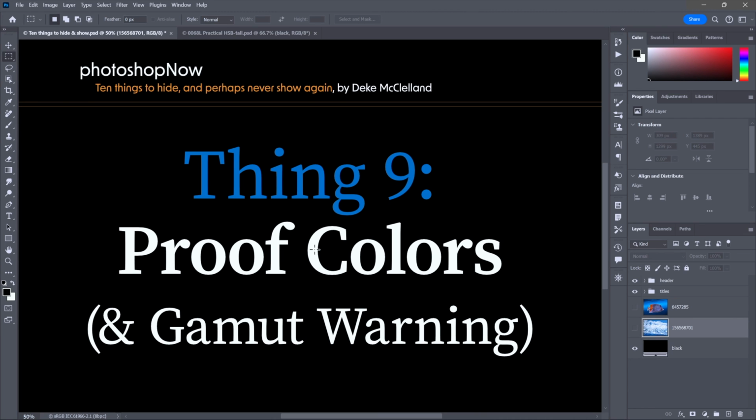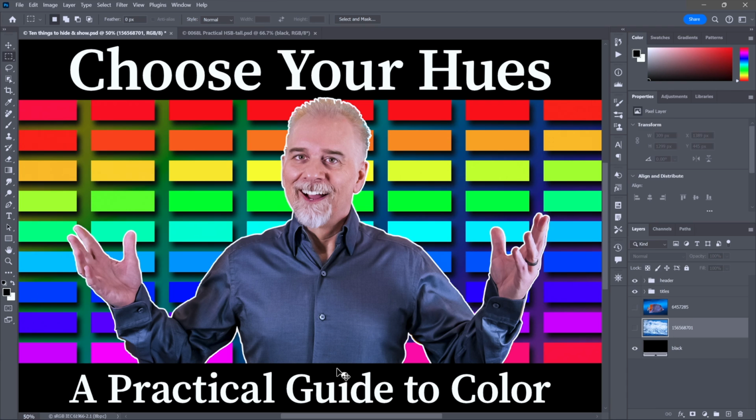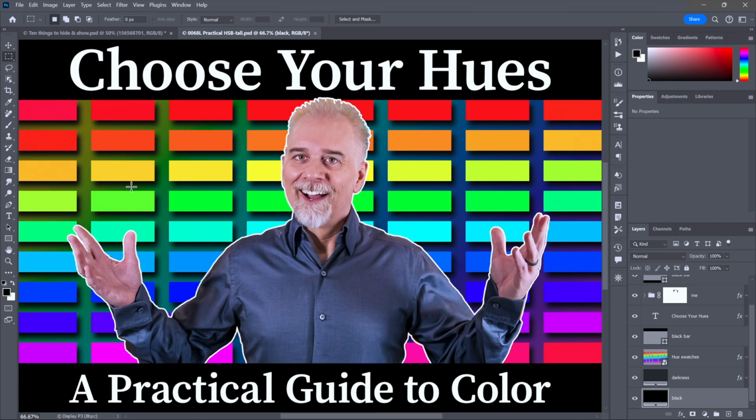Ooh-wee, at Thing 9, we have a couple of commands, Proof Color and Gamut Warning, that serve a purpose, but if you accidentally invoke them, they're going to altogether change the appearance of your artwork. And so I'm going to switch over to this guy right here, which is from a couple of weeks ago. We're seeing a bunch of HSB swatches. Actually, saturation and brightness are cranked up to 100%, so we're just seeing different hue values at full intensity,